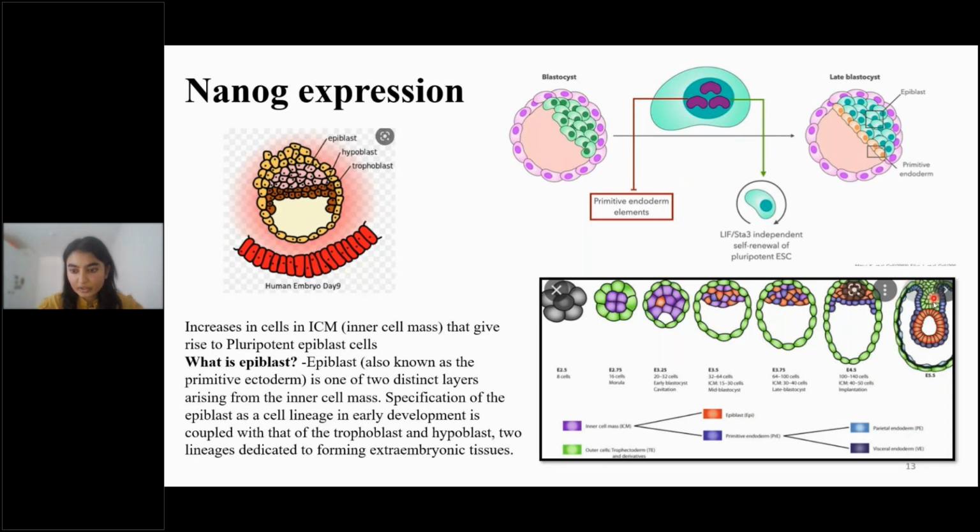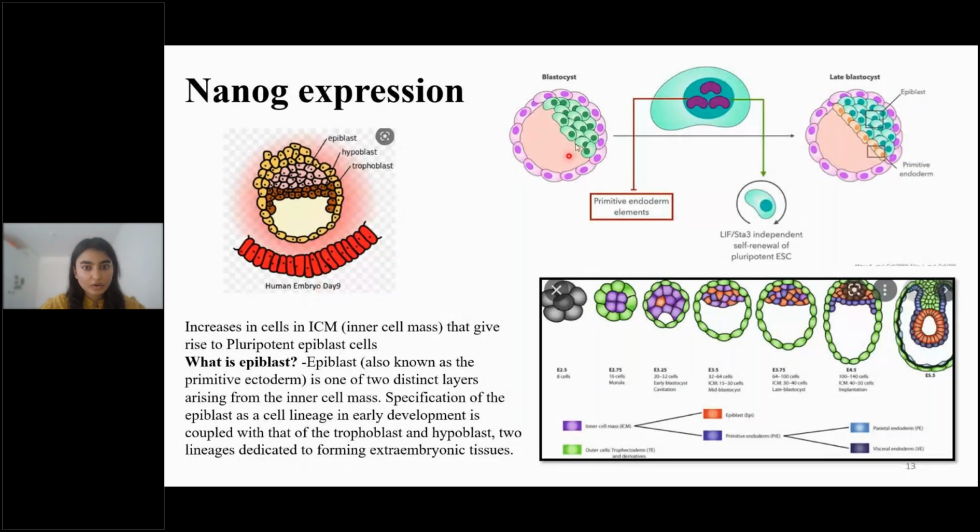The primitive endoderm, the purple thing, will start to form the visceral and the parietal endoderm. These are the two types of endoderm. You don't need to go into detail. What we see is that when these types of cells start to differentiate, they form the epiblast. The epiblast is the inner cells, then the hypoblast, which forms the lining, and then we have the trophoblast, the outer layer. And this happens on day 9.